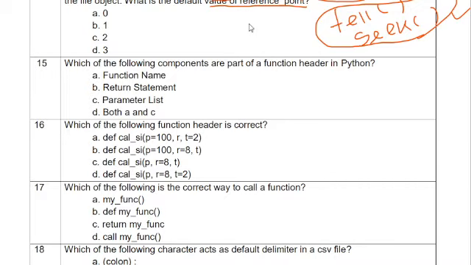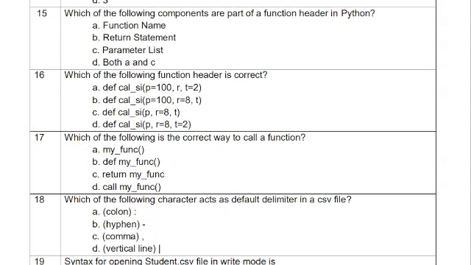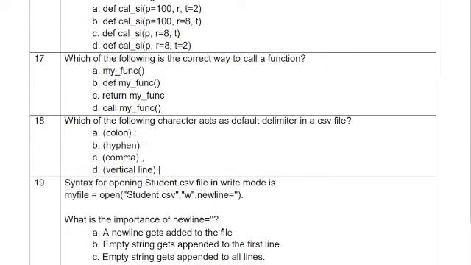So if we can see, 0, it will start from the 0th reference point. So go through that seek function, then you can understand what is offset and what is the reference point of the file.